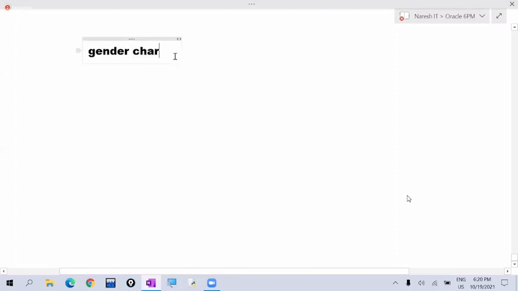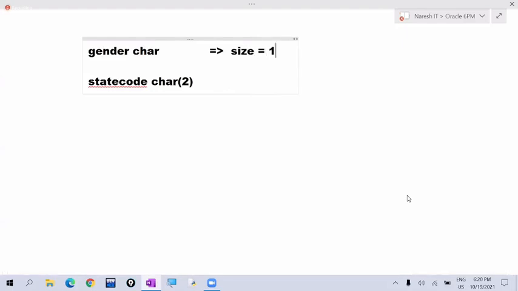For example, if you want to declare state code, we write like this. State code, which data type? Char data type. Okay, we want to hold 2 characters. So to hold 2 characters, I'm specifying the size. Here in the gender, how many characters we want to hold? 1 character. So whenever the requirement is holding 1 character, you have no need to specify the size. When we don't specify the size, what is the size it will take now? So this is called default size.